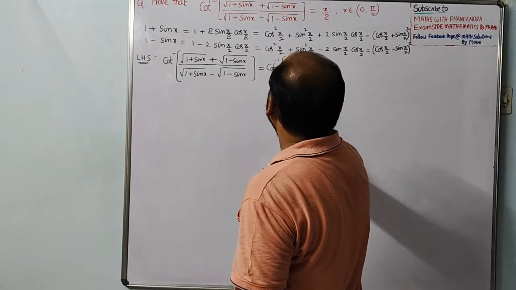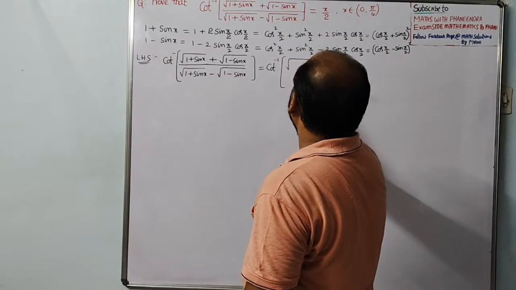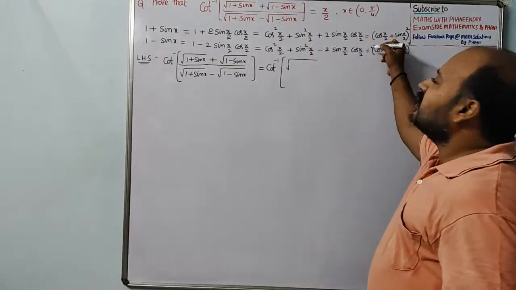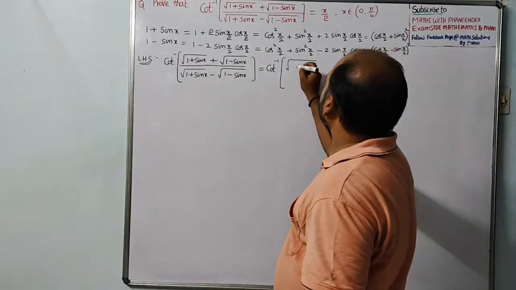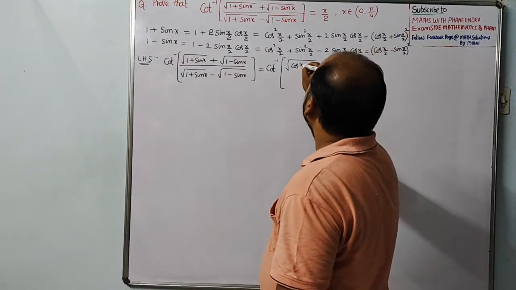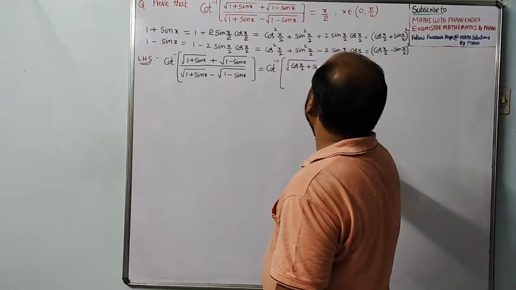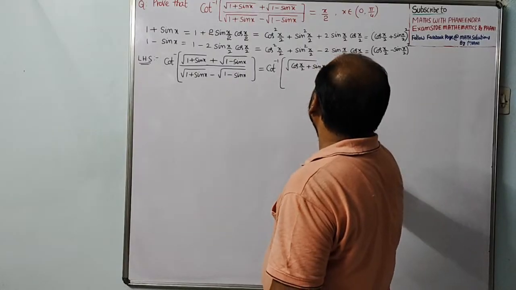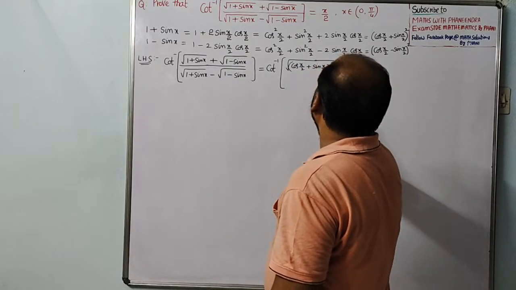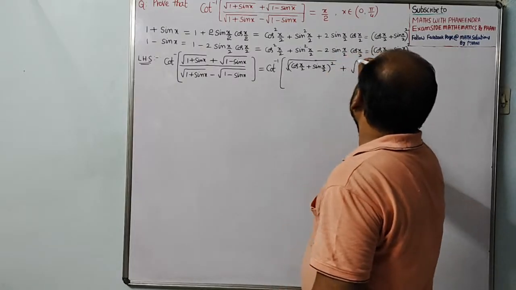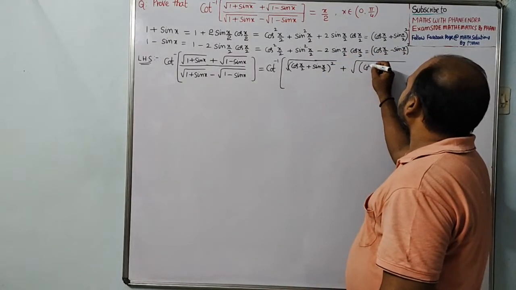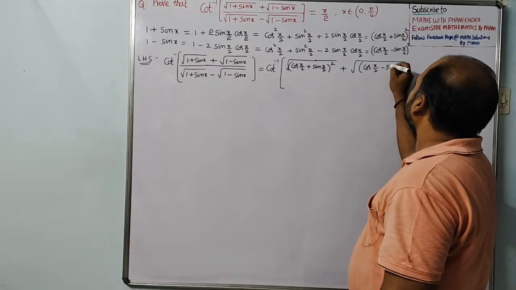So cot inverse of root over 1 plus sin x, whose value is what? (cos x by 2 plus sin x by 2) whole square, plus root over (cos x by 2 minus sin x by 2)